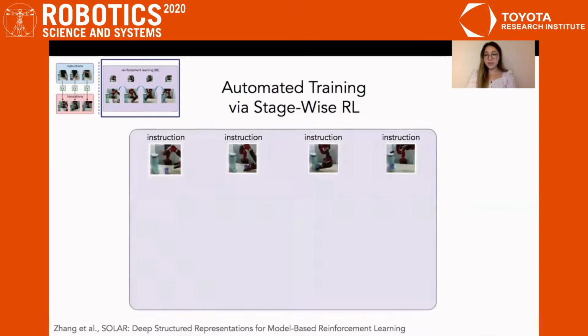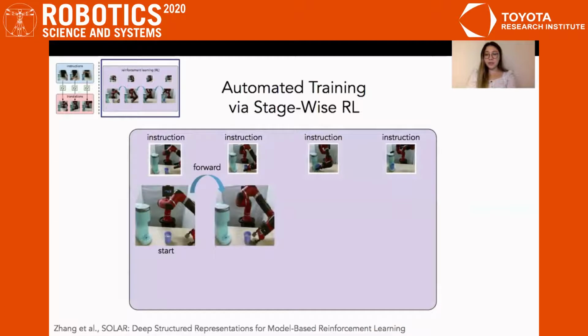Once we've trained our classifiers, the robot will attempt to follow the first instruction using RL. In principle, we could use any RL algorithm, but since we're learning in the real world, we adapt prior work in model-based RL for its sample efficiency. If the robot thinks it has achieved its goal according to its classifier, it'll query a human. In this case, the robot did not succeed, so she'll provide negative feedback, giving the robot an additional negative example for its classifier. Now the robot should try again.